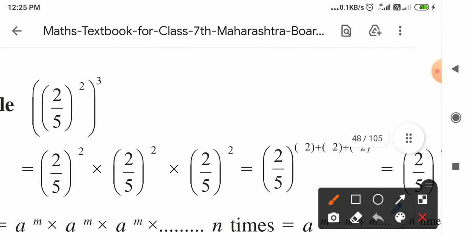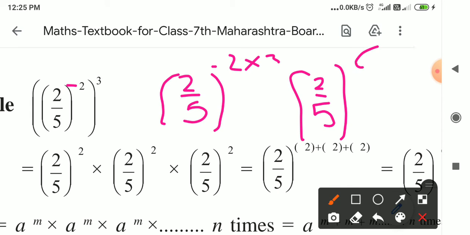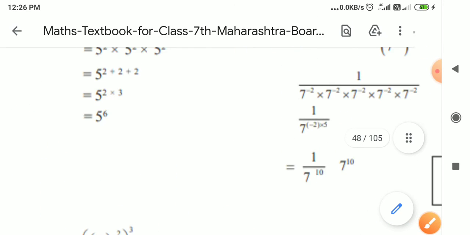If here it is the multiplication, 2 upon 5 raised to minus 2, cubed, for indices what we have to do here is minus 2 into 3. 2 3s are 6, so 2 upon 5, 2 3s are 6, and the sign that will come is minus. So 2 upon 5 raised to minus 6 is its answer. So in this way all of you solve. Now I know the rule, that is, today we learn 3 rules.